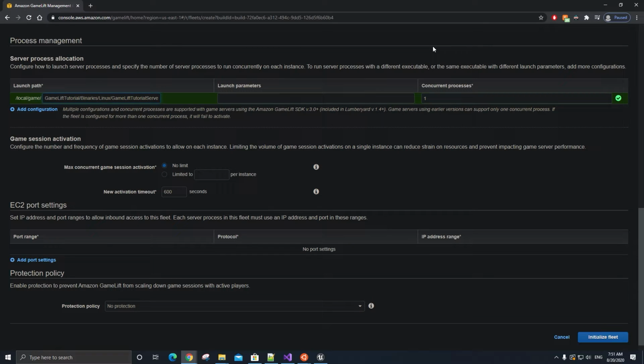And then for the launch parameters, it's going to be exactly the same as the ones that we defined for server processes in a fleet for Windows server build. So let's type out in this next box -port=7777, because we explicitly defined through the command arguments which port a server process will run on, and then space -password=dummy